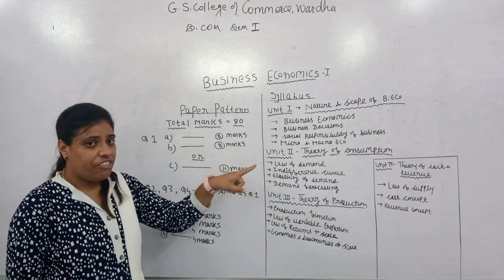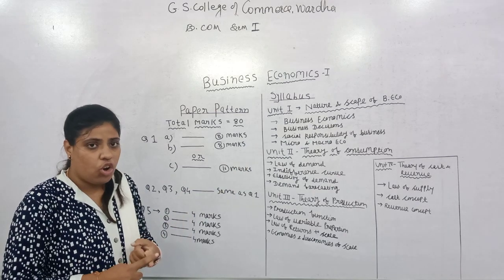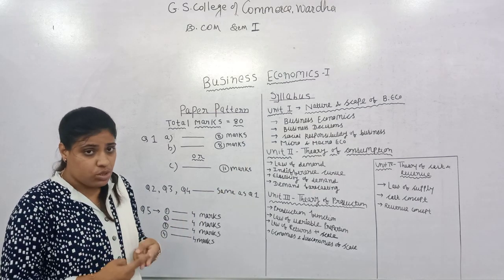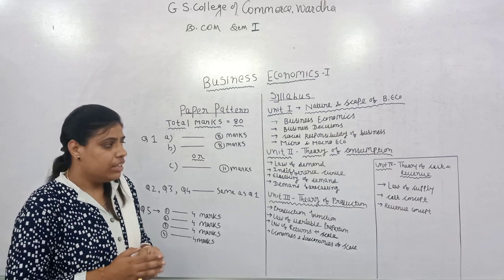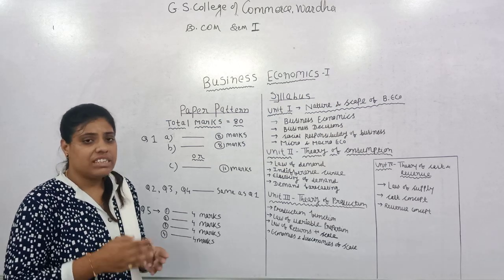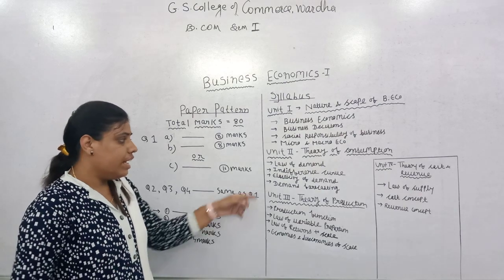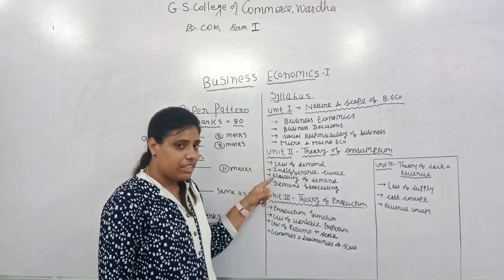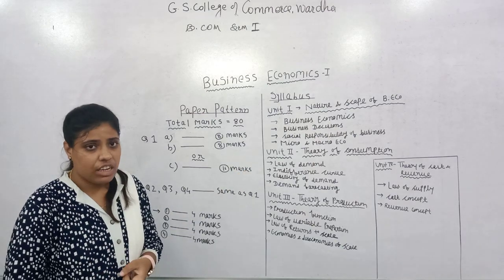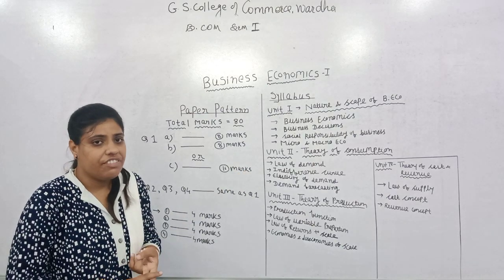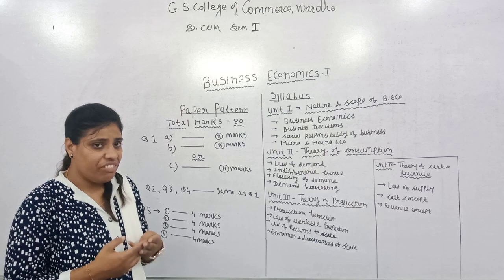Under this chapter, law of demand, we are going to see the concept of law of demand, the assumptions, the exceptions of law of demand, and the changes in demand. That is expansion and contraction and increase and decrease in demand. Then we have the second chapter, that is indifference curve. Here we will be studying the concept of indifference curve, the properties of indifference curve, and the importance of indifference